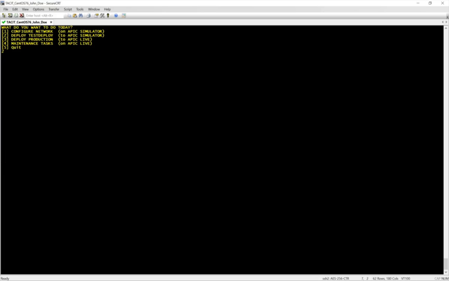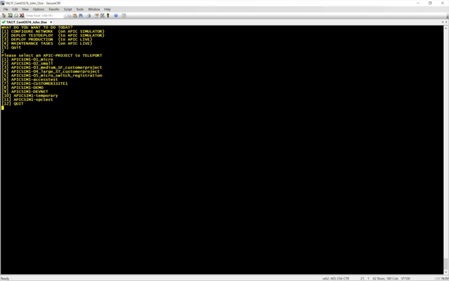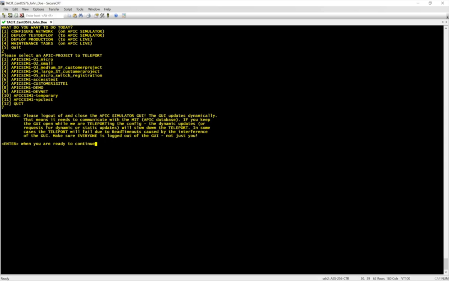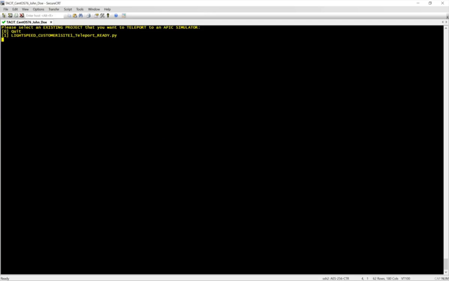Then we're going to choose option 2 for stage 2, which is to test your deployment against an APIC simulator. In this case, I'm going to choose option 7, which is my Customer 1 Site 1 project. That's what I used to create the user manual. It's a relatively small configuration consisting of about 2 spines and 4 leaf switches, so the configuration push should be